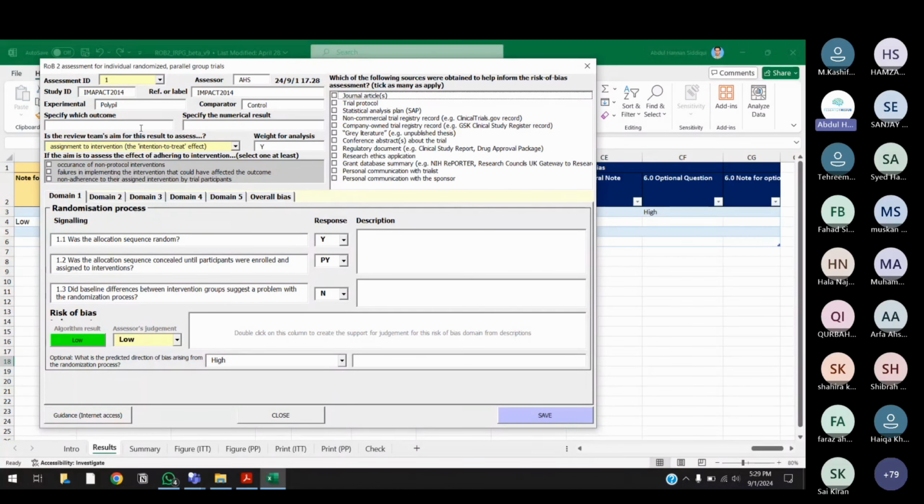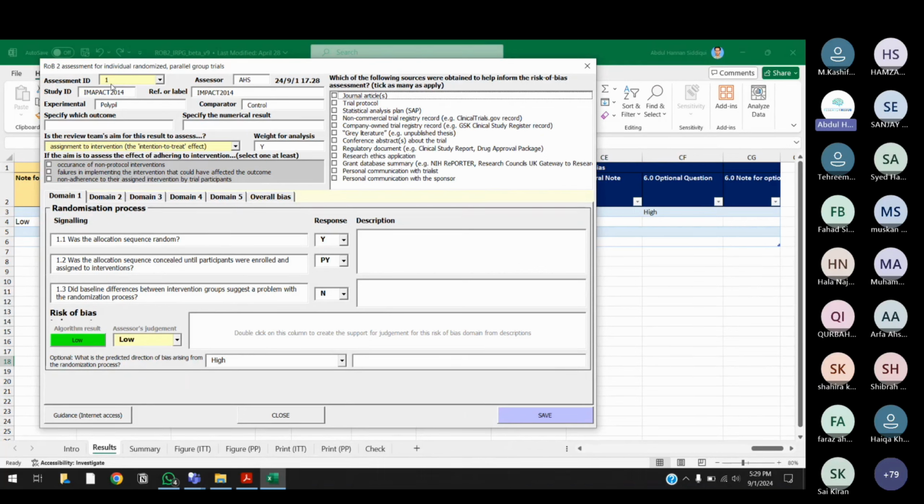Alright, perfect. Now, as I said, one study is assessed at a time. So to ensure that this Excel file remembers what study you are assessing, you need to give it a unique ID. The unique ID over here is titled assessment ID. So for whichever study I am doing the quality assessment on a rock to sheet, I have to assign it an assessment ID, which is the unique ID, okay? And it needs to be unique to that study. It cannot belong to any other study.